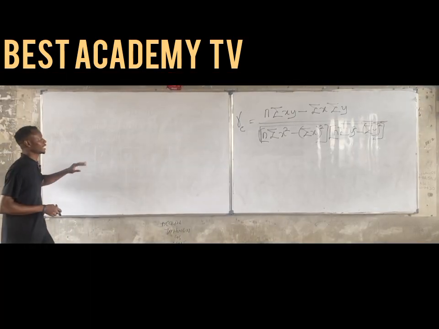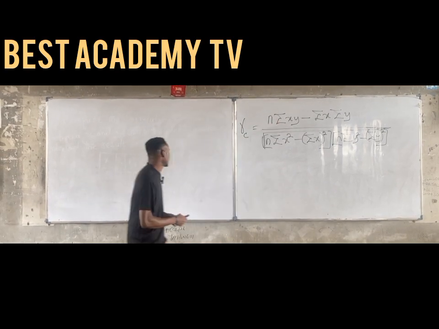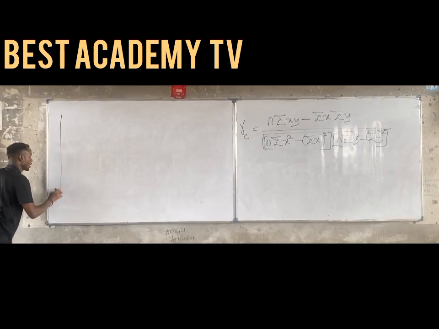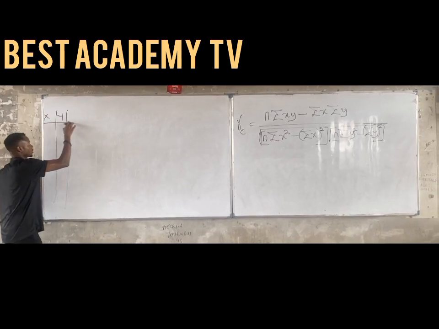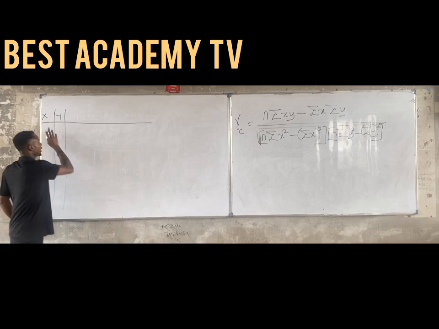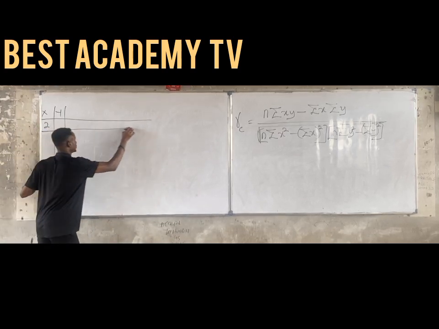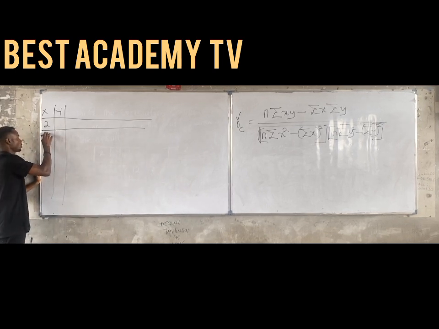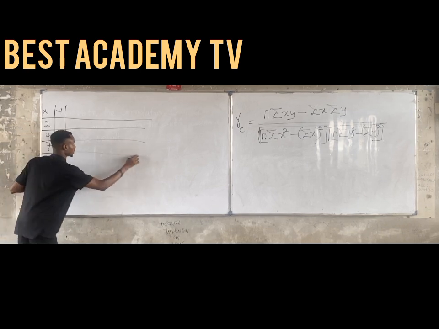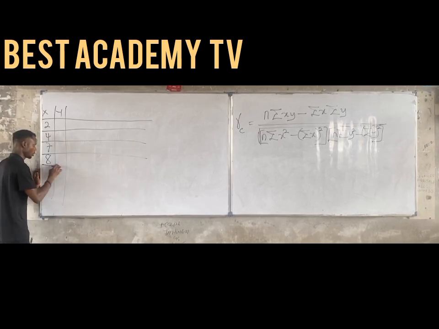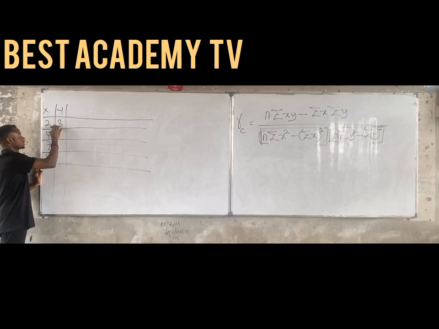All right, now let's try to recreate that particular table in order to get these values. Okay, now let's go, please. For x and for y, let's get the values first. Okay, now what are the values for x, please? That is 2, 4, 7, 8. Okay, that's all. Okay, for y? 3,